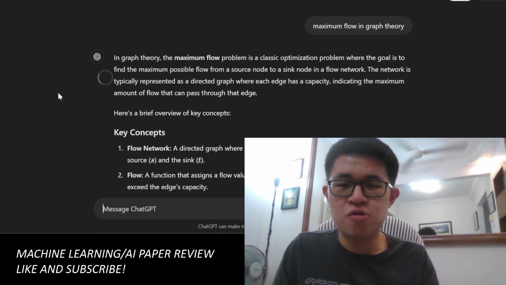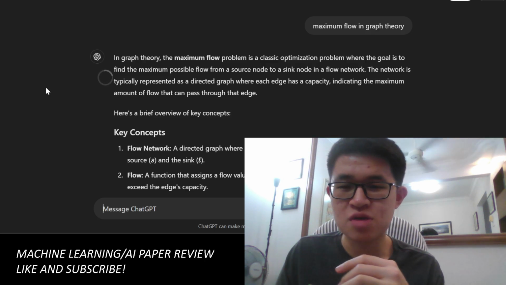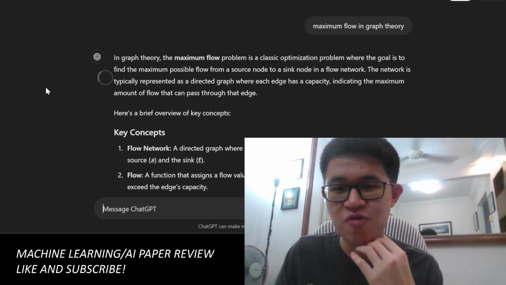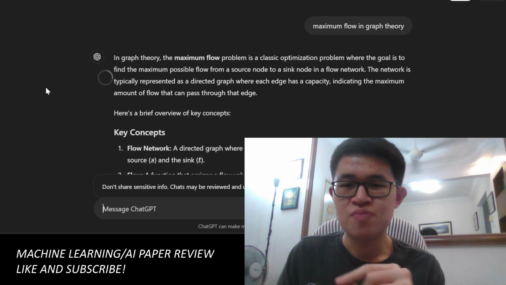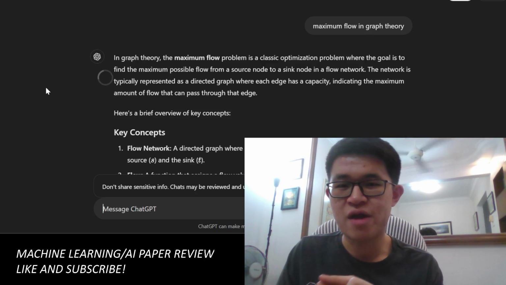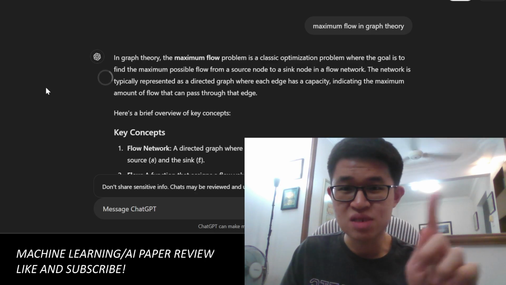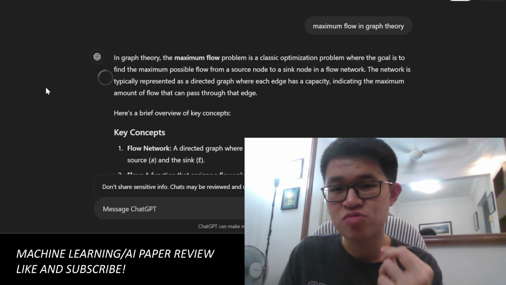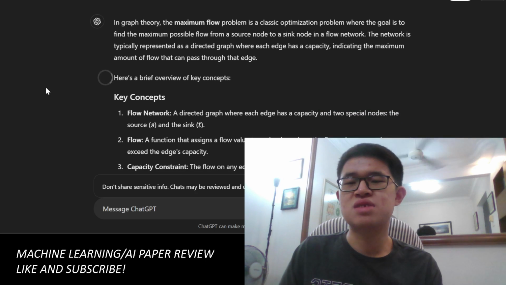Okay, so the maximum flow problem is a classic optimization problem where the goal is to find the maximum possible flow from a source node to a sink node. The network is represented as a directed graph where each edge has a capacity indicating the amount of flow that can pass through the edge. Okay, so it's kind of like